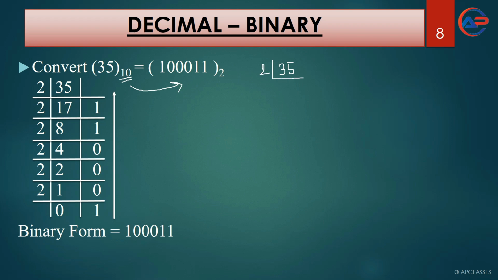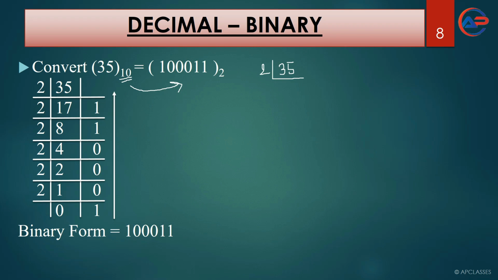When we divide it by 2, what is the quotient part? Here we have to write the quotient. I know that you must have read all this in mathematics in the junior classes, so I'm not putting much stress on division and all. I assume that you know the division process. Here we have to write the quotient part.